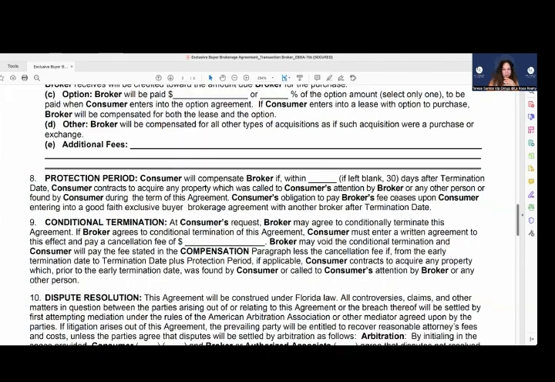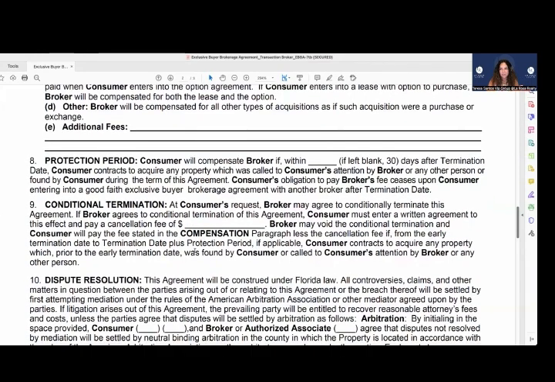Okay? You're not going to hold them hostage. So if they want to cancel, you can cancel, but it is a conditional termination. And I can charge you for canceling this agreement. Broker may void the conditional termination and consumer... Okay, so let's go back here. A cancellation of X. Broker may void the conditional termination and consumer will pay the fee stated in the compensation